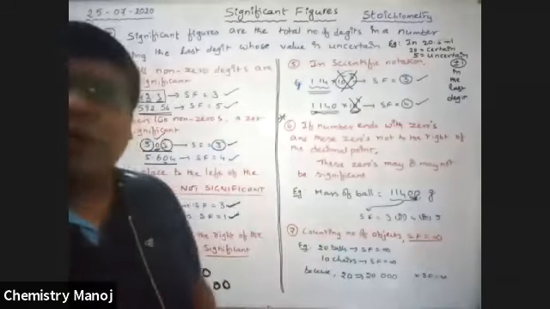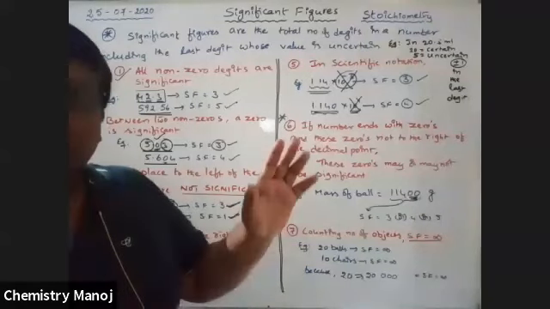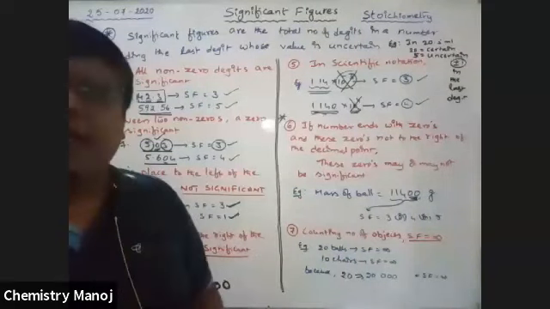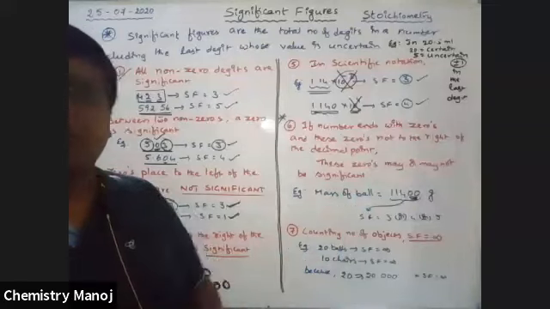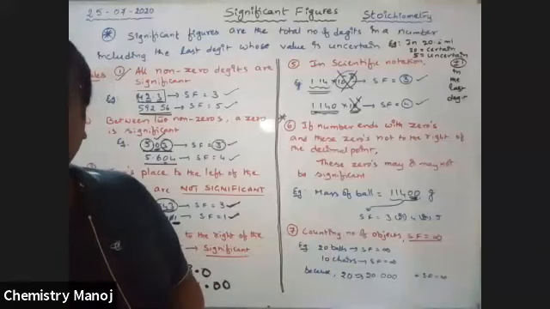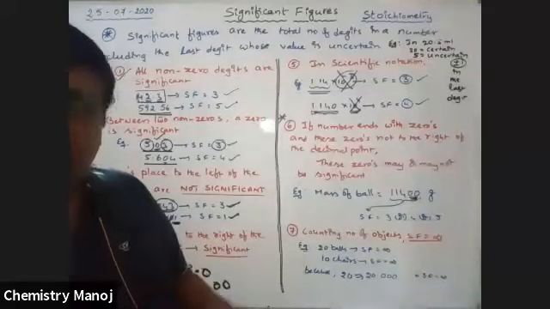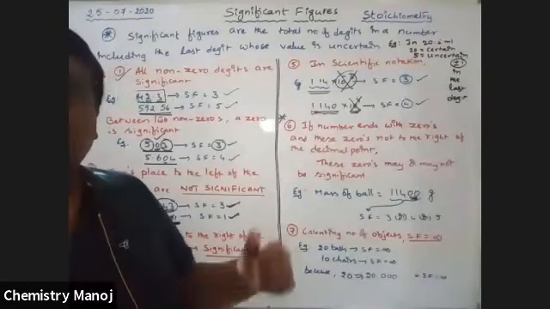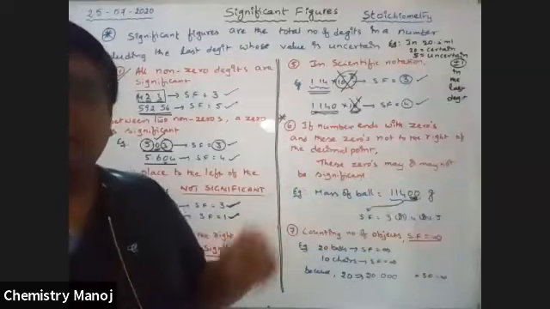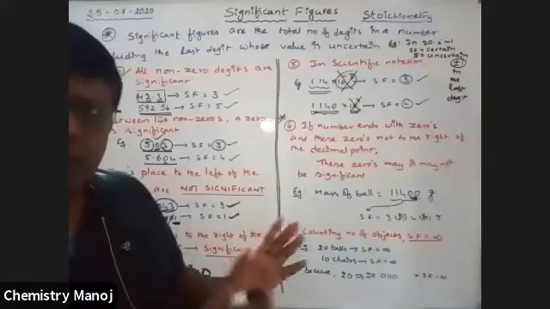It is very important, boys. Those zeros are not to the right of the decimal point. It is for your physics also. The same topic we will repeat in physics. There are certain zeros not to the right of the decimal point. There is no decimal point at all. When a number ends with such zeros, those zeros may or may not be considerable. So wait, boys, I will explain with certain numbers. Once again, please wait.